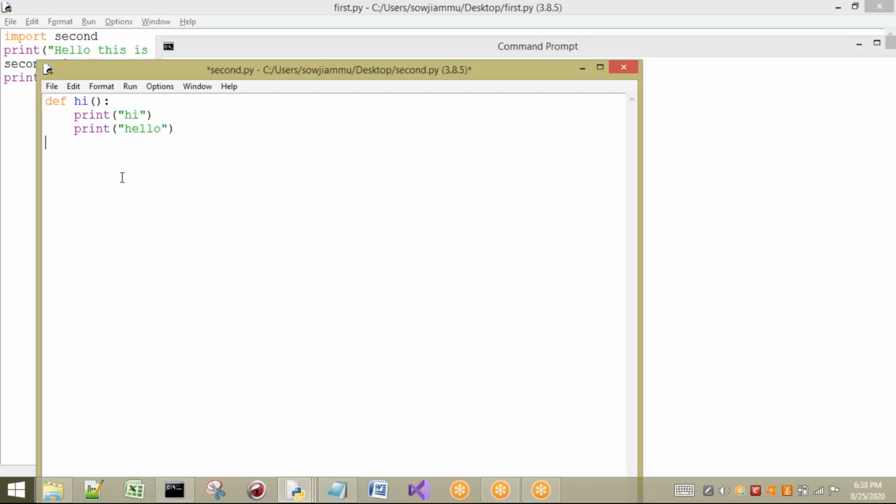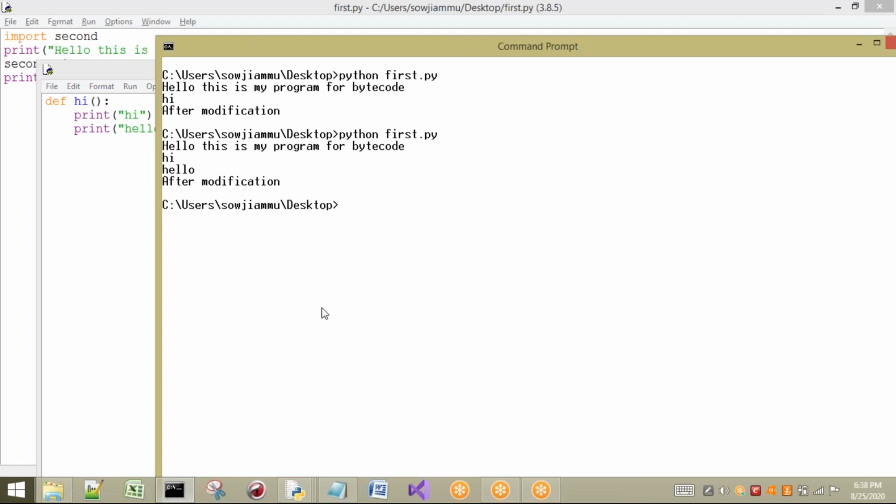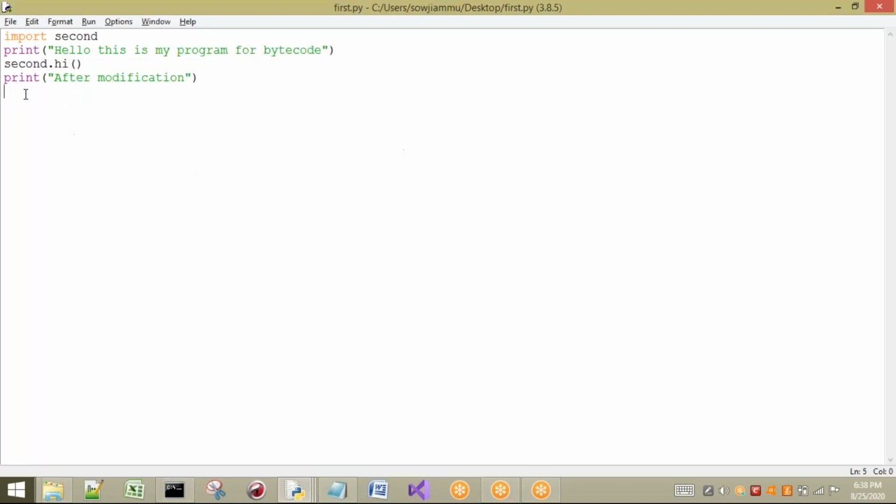Now if I am going to save this one, listen carefully. Whenever I save this one and execute it, see what the output is: hi and hello are printed here. Why is it printed here? From here I am calling second.hi. Whenever I call this, the control goes to second.